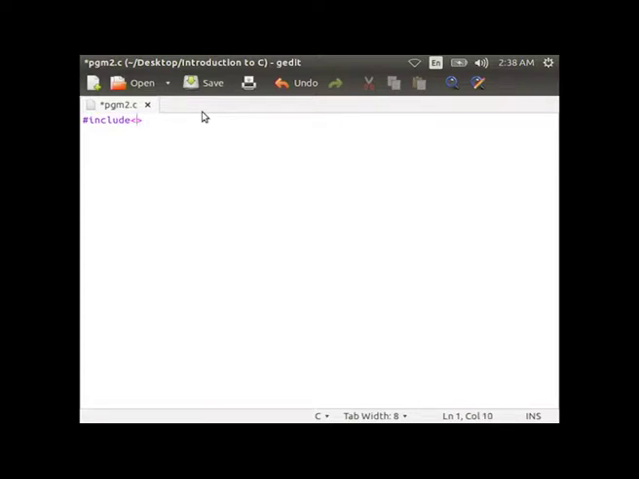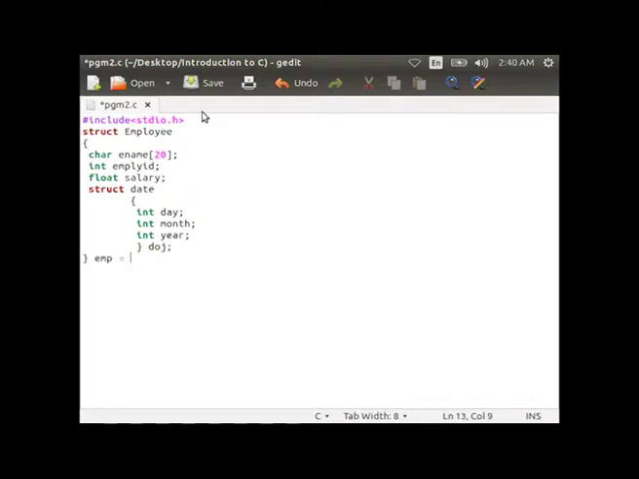Let us now type this program: #include <stdio.h>, then declare the structure struct employee within curly braces: char ename[20]; int empid; float salary; then declare another structure struct date within curly braces: int day; int month; int year; then close the brace and doj; Then close the curly brace, emp = {"Preeti", 1000, 25000.50, {22, 6, 1990}};